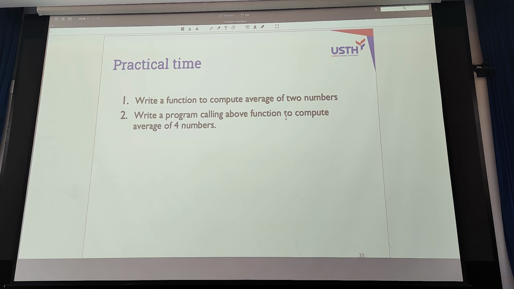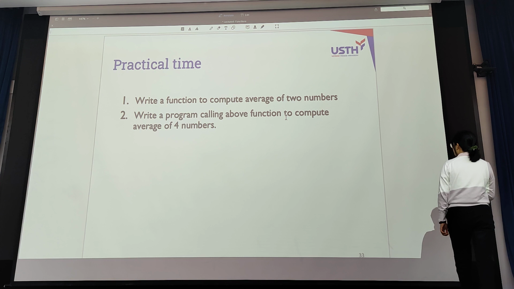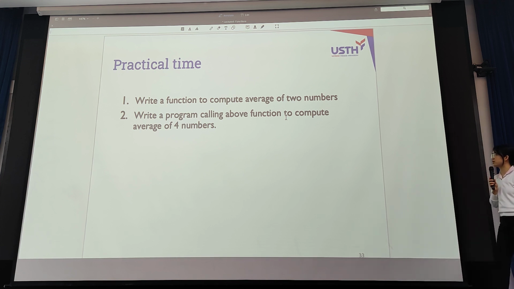Now it's only 2 numbers. Write a program calling a function to compute the average of 4 numbers, 1,000 numbers. Okay, go on. If you bring your laptop, you can practice.